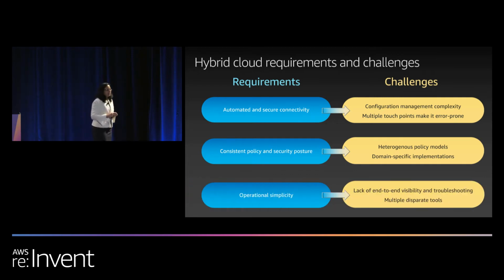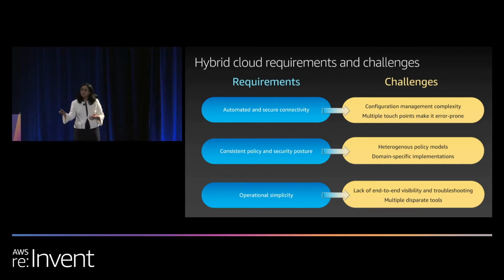And then last but not the least, your day-to-day operations. In case of any troubleshooting requirements, in case of anything which has gone wrong between your on-prem and the cloud sites, you need to have an end-to-end view of what's happening within the network. You need to have a connectivity view. You need to have a view which says, this is where there is some packet drop happening. This is where some device has gone down, some link has gone down between my on-prem to the cloud sites. So overall, these are the key requirements for your IT teams.